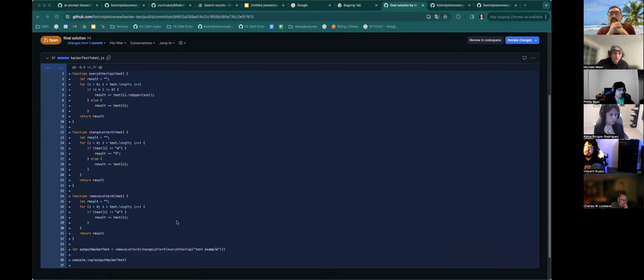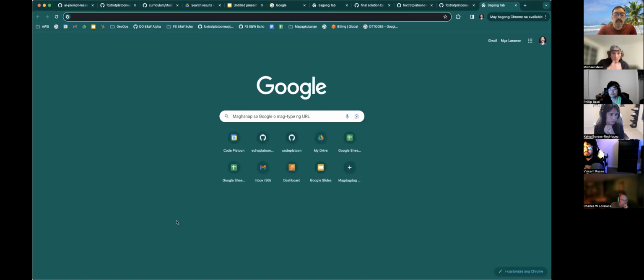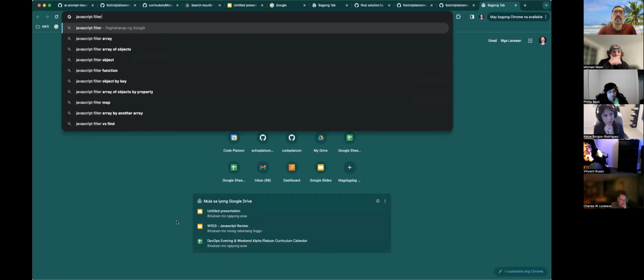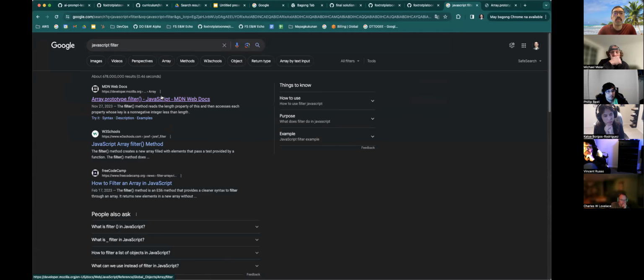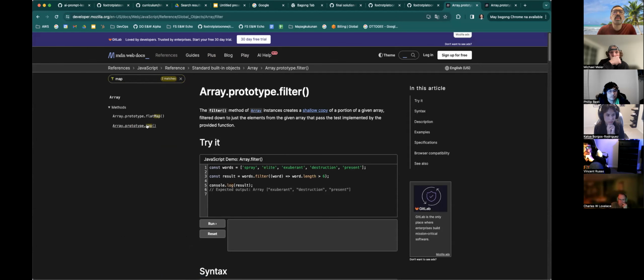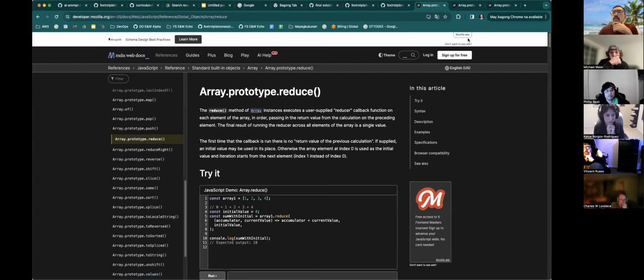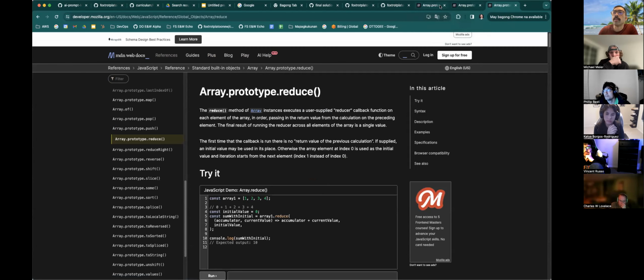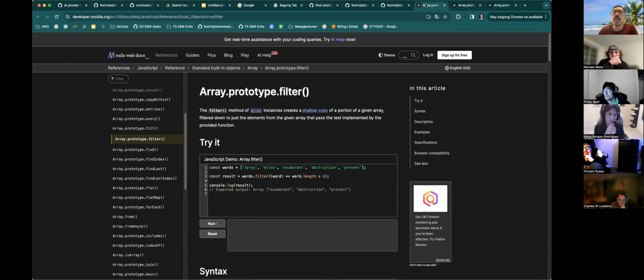Got it. Okay, cool. Let's take a look. This was JavaScript, right? Yes. Let's look at filter, and then let's look at map, and let's look at reduce. So one of the cool things about these built-in functions is how you can string them together in a sequence, just like in the example. If we look through this documentation,